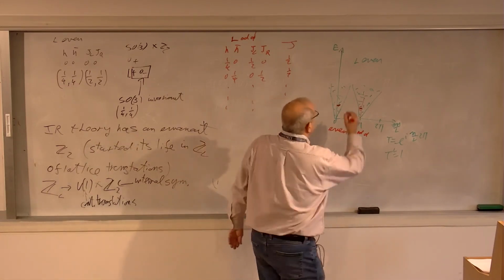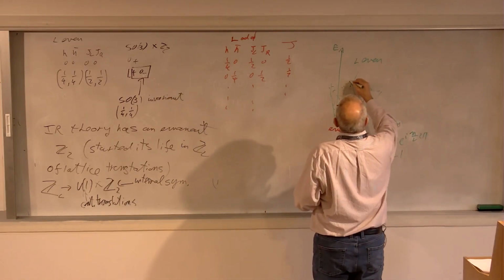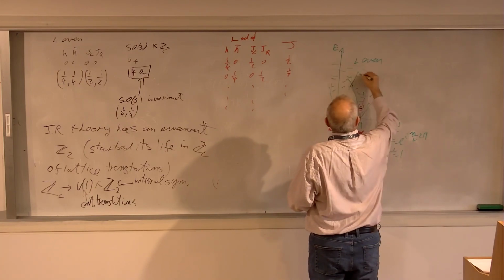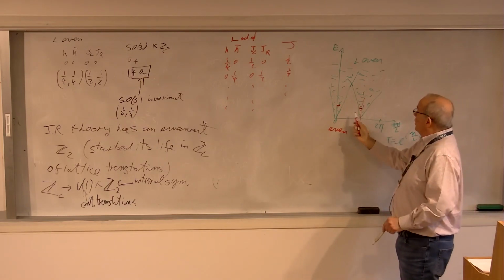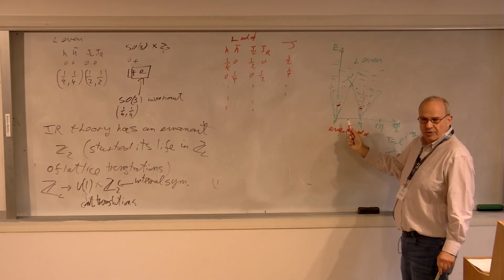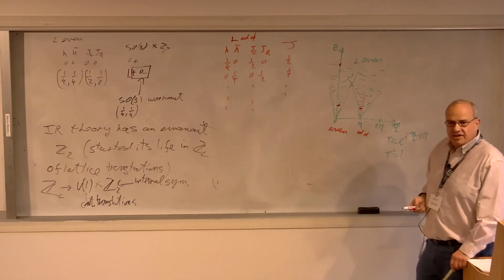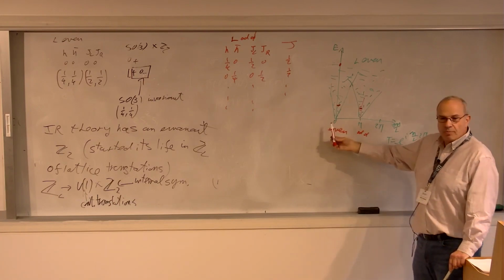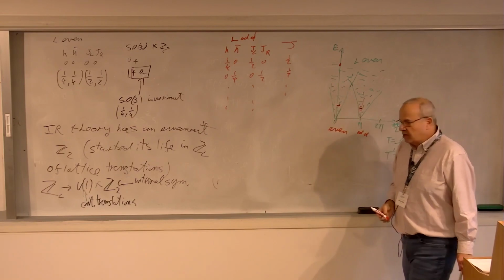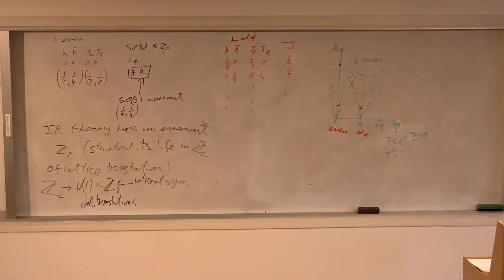However, if we go up here in this spectrum, there are more states. So what are you going to do about the guy here? Is it odd with large momentum, or is it even with large momentum? And even more so, a state here, should we say that it is even with momentum 0, or should we say that it's odd with momentum pi? There's an ambiguity. And indeed, there is no way to assign these charges. That's why there is no Z2 in the continuum. However,